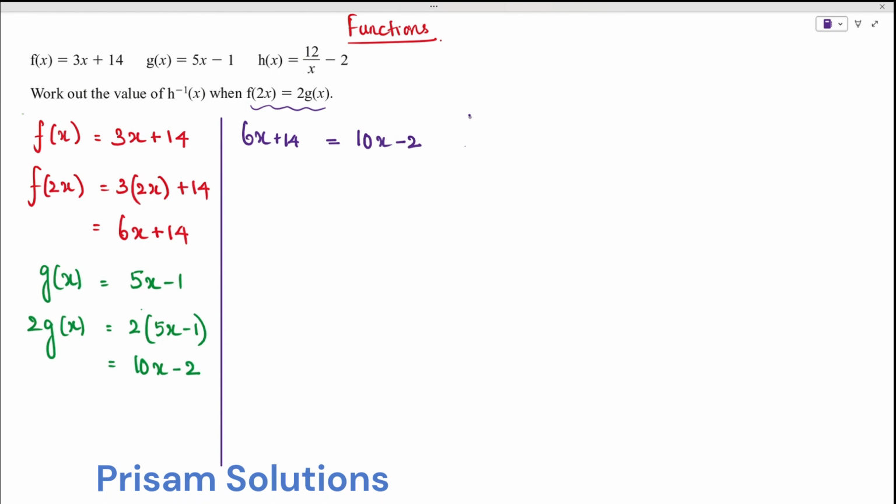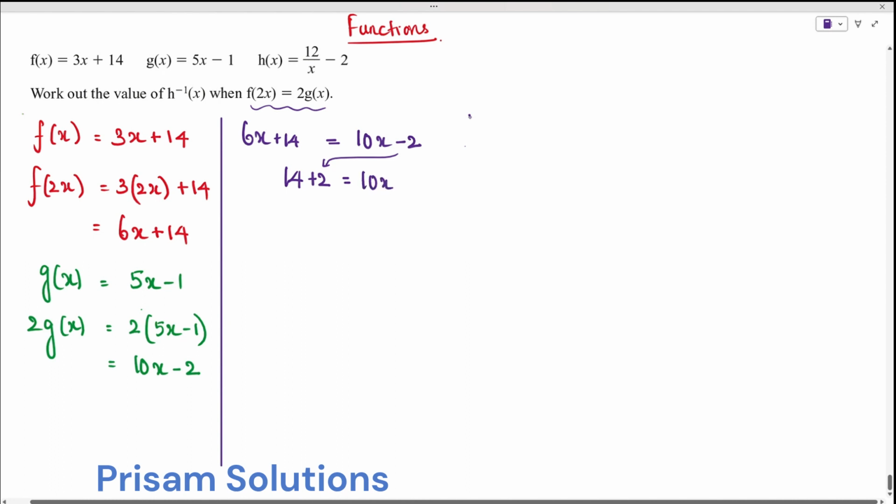So we're going to have 14 plus 2, as we move our 2 from the right hand side to the left hand side, and this is equal to 10x, which we keep on the right hand side, minus 6x. So 6x we move from the left hand side to the right hand side. This gives us 16 is equal to